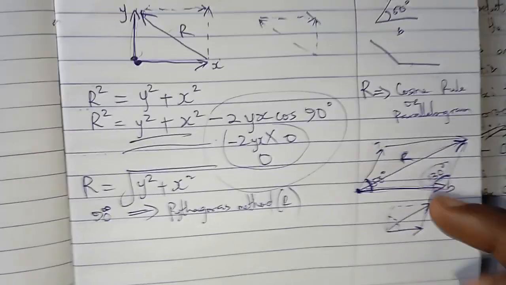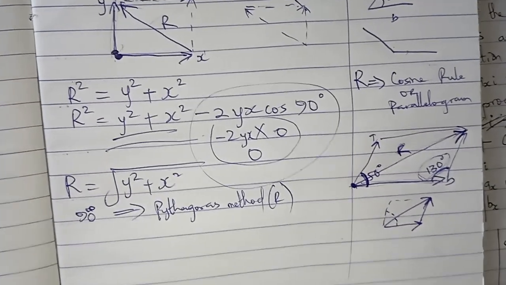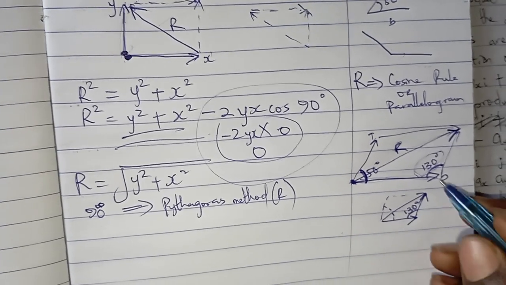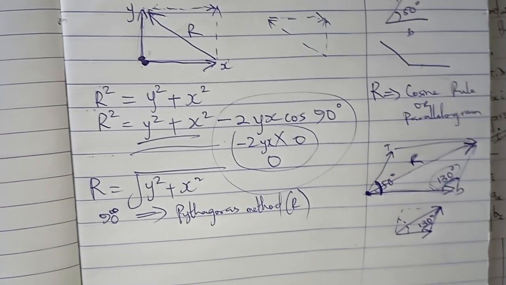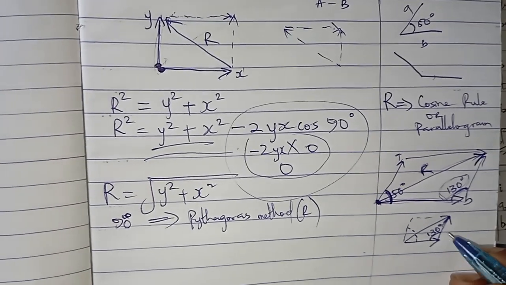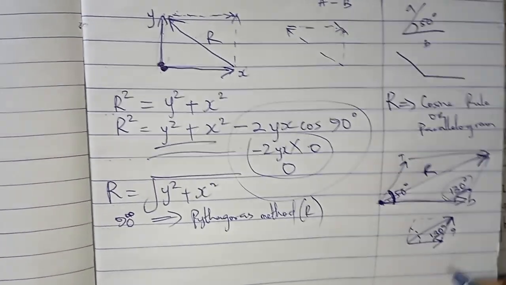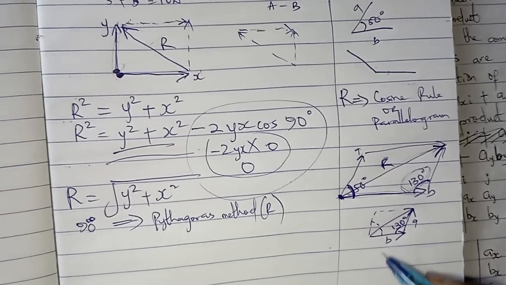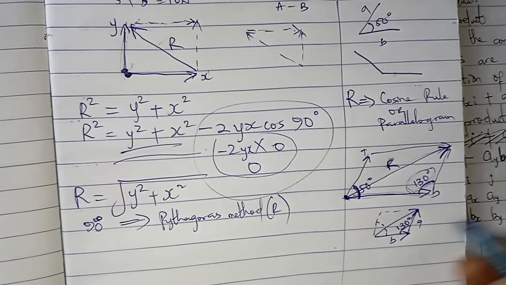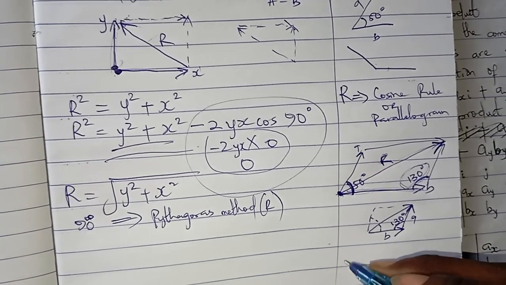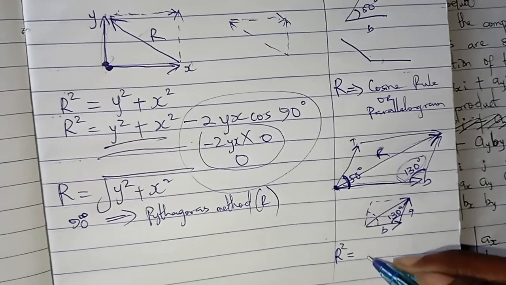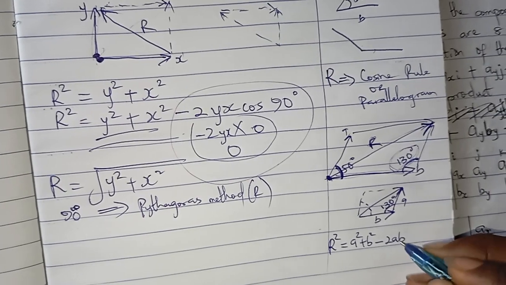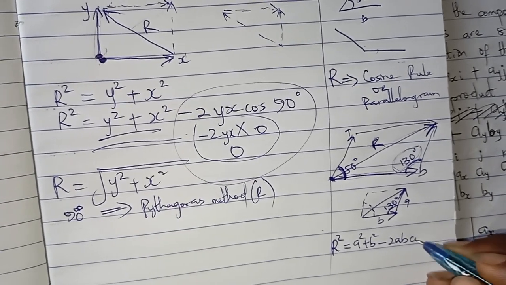So the angle you use here must be the angle facing this R. Notice that it's going to be 130 degrees here, since I've subtracted it. This becomes my A, and this becomes my B. By the time you do this, you can now use cosine rule to get this: R squared equals A squared plus B squared minus 2AB cos